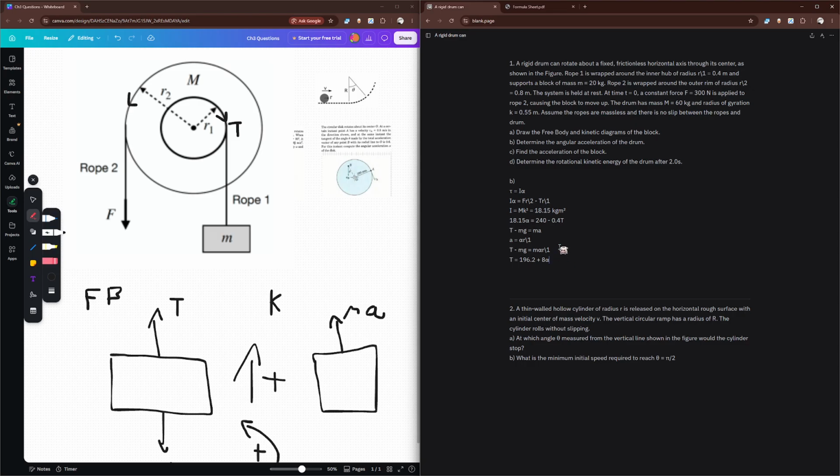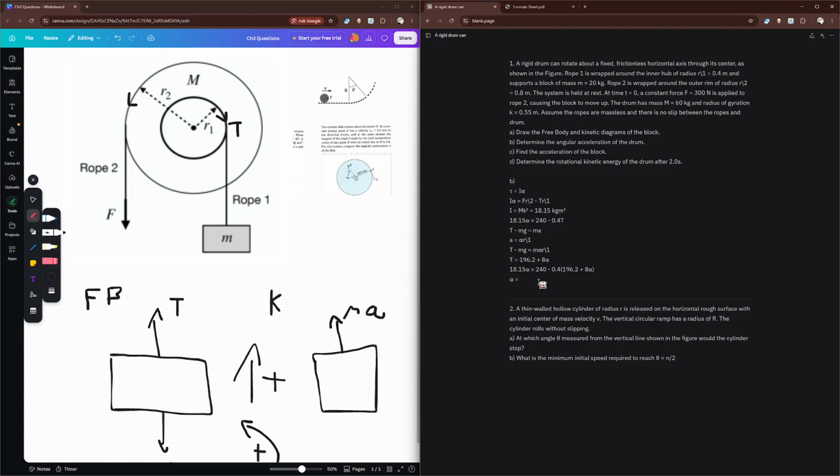And then we're going to take this T and plug it into this equation, which gives us 18.15 alpha is equal to 240 minus 0.4 of this, right? So now when we solve for alpha, we're going to distribute out 0.4, which gives us 240 minus 0.4 times 196.2. And then we're going to have negative 0.4 times 8, which is something alpha. And then we're going to add it to this side and divide by the sum of this, which gives us an alpha that is equal to, so let me just get this